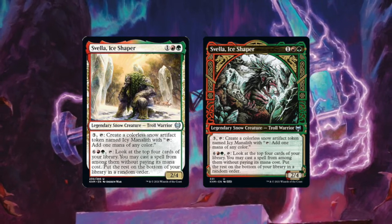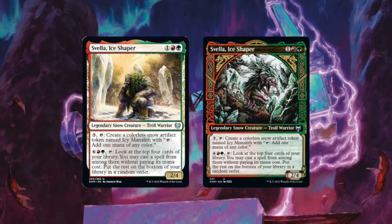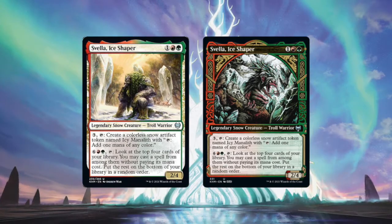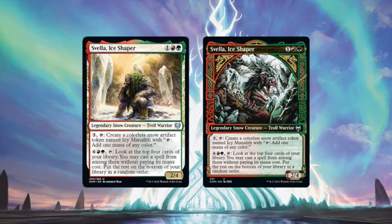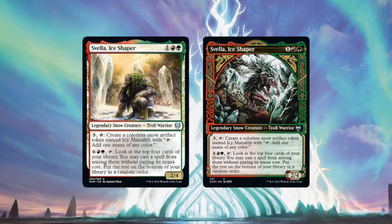Yeah, a lot of people have actually said that they like the art, but I just don't see it. I don't know, it's just the Thinker, the famous sculpture. It's like the Thinker, I suppose. I guess. Alright, now we're just going to talk about our last 2 commanders, which are the 2 commanders that